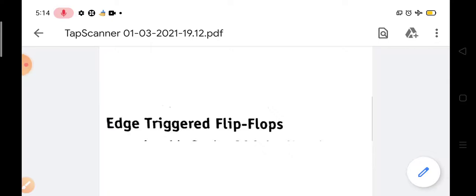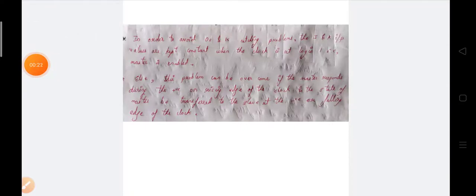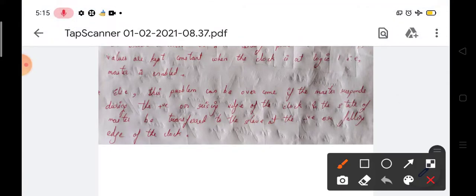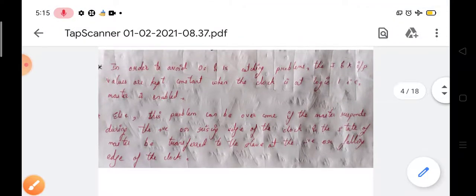If you remember, zeros and ones catching. We said that zeros and ones catching. Just a minute, I'll take you through that. See, this was zeros and ones catching. Here I had said that in order to avoid zeros and ones catching problems,